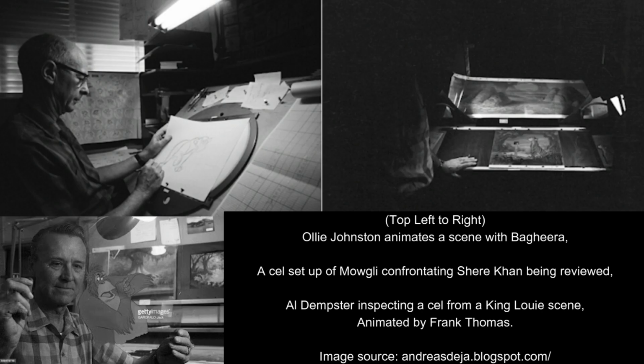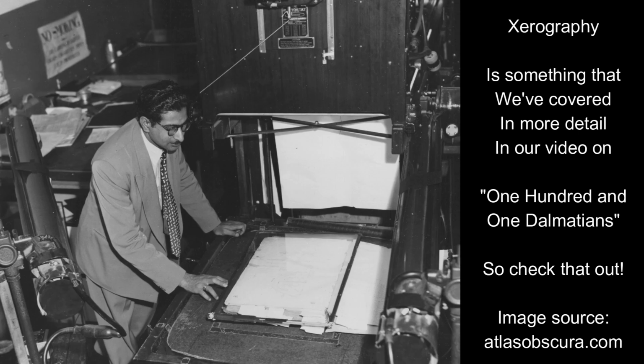So animation began in 1965, and what was quite unique about this film, as opposed to all the ones beforehand, is that instead of animators being assigned specific characters to work on, they would be given whole scenes to work on, right? And they used xerography, which we've described in more detail in the 101 Dalmatians video. This is basically printing the images, so it ends up being quite a streamlined process.